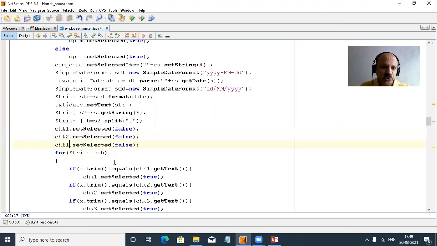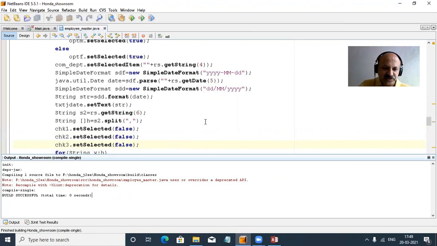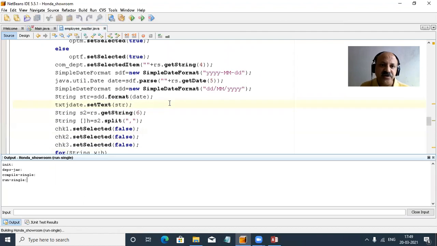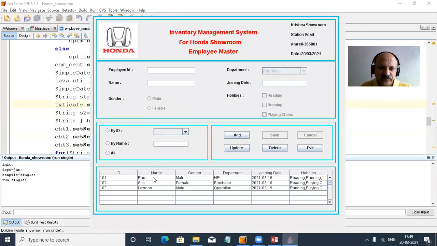So that is better. Yes, now I can change the ID to 2 and 3. And we can directly apply the equals method to our check. Yes, that is also perfect. Let us check whether that works perfectly or not. So I press Control S again, then compile and run. So yes, let us check. Now I select the first record, but yes, running is not selected.